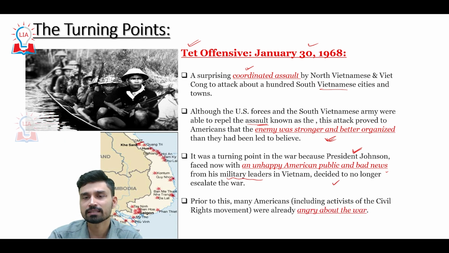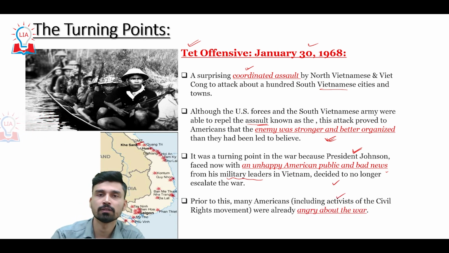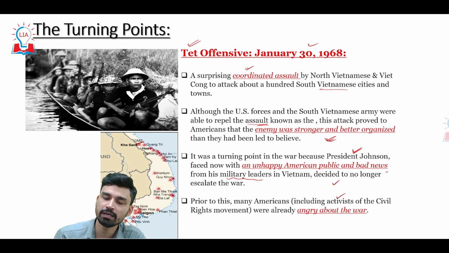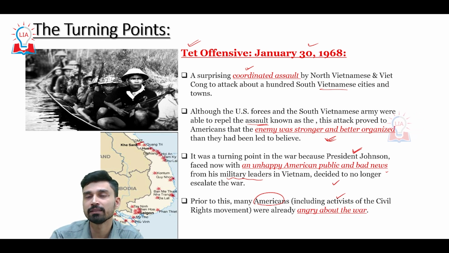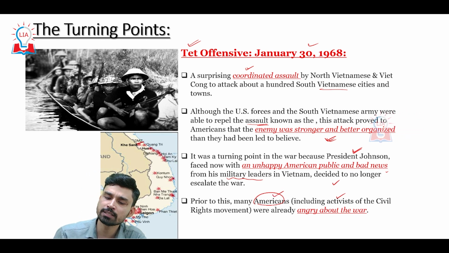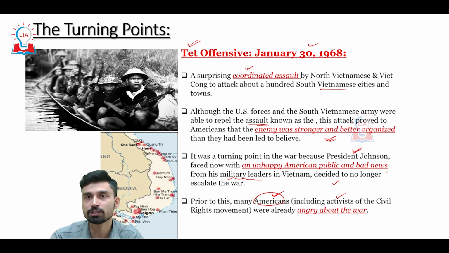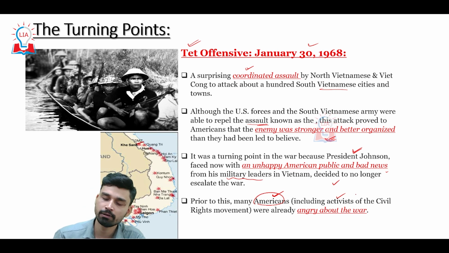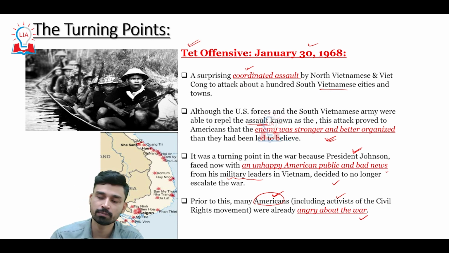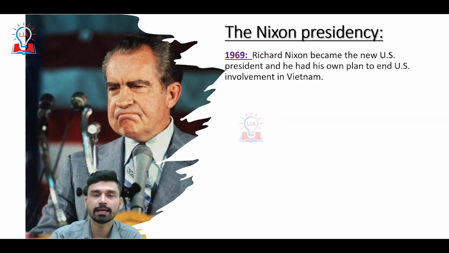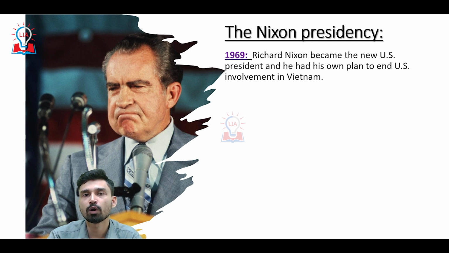And also, prior to this, a lot of activism, which we call the civil rights movement, had begun in America when the news and pictures started to come from Vietnam, especially after the My Lai massacre and the use of Agent Orange. A large section of American people, especially the youngsters going to colleges and universities, turned against the war. They were very angry about the war because this time the issues of human rights, talk about human rights, all this began. And thus, President Johnson decided that he would not escalate the war any further.